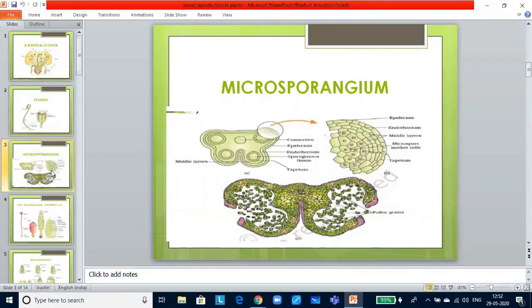Cells of the tapetum possess dense cytoplasm and generally have more than one nucleus. Tapetal cells can become binucleate or multinucleate by undergoing endomitosis. In endomitosis, the nucleus divides within the nuclear membrane, but cytokinesis does not occur. When the anther is young, a group of compactly arranged homogeneous cells called the sporogenous tissue occupies the center of each microsporangium.